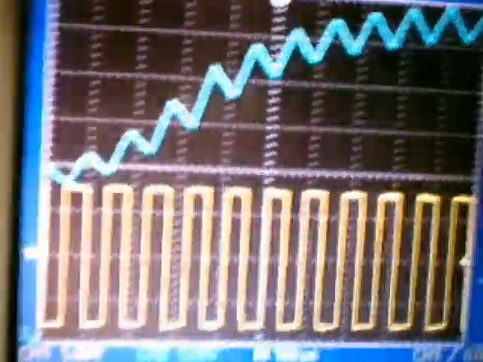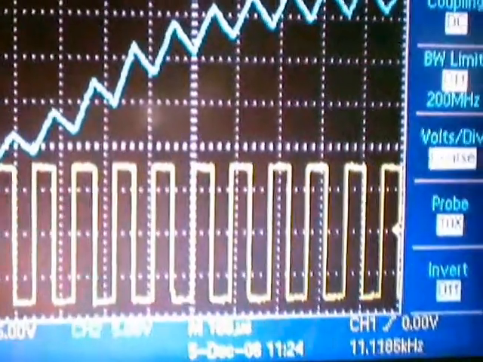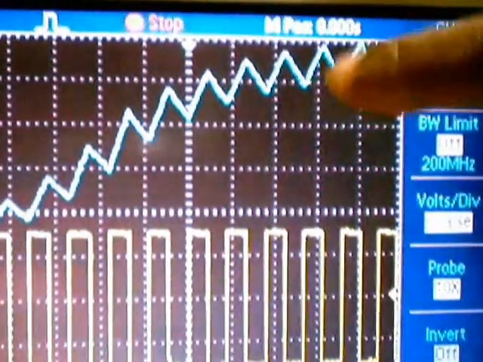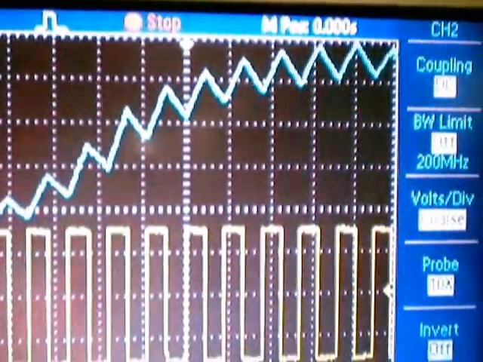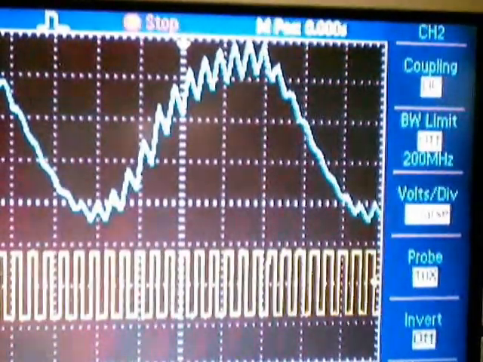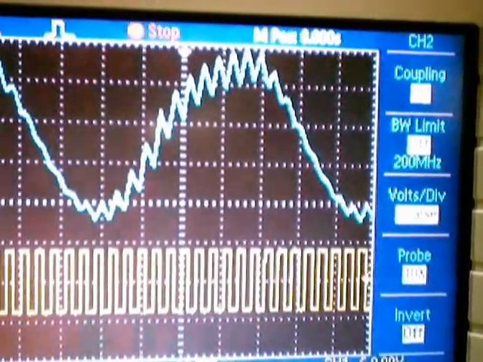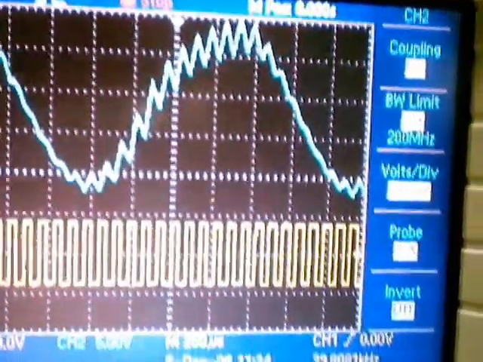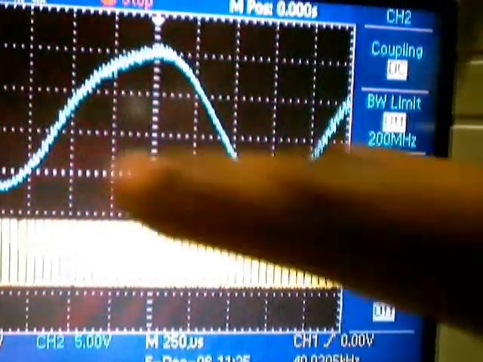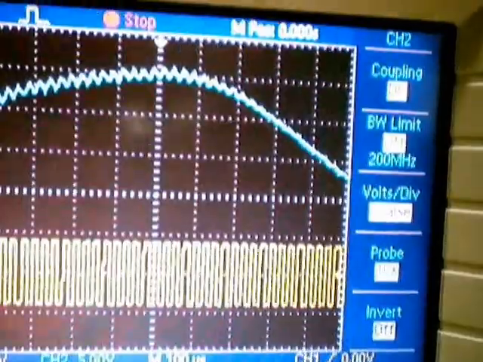Now what happens if I reduce the carrier frequency? I'll be allowing sufficient time for my capacitor to charge and discharge. That's why the ripple amplitude is large. So that's why it is always necessary that for demodulation you keep the carrier frequency a bit high. Suppose I keep the carrier frequency again back to 40 kilohertz, you can see the ripple amplitude is very much reduced. Charging and discharging is still there.